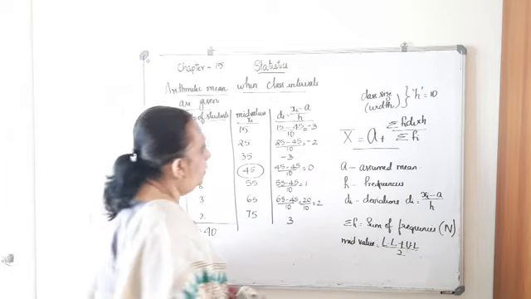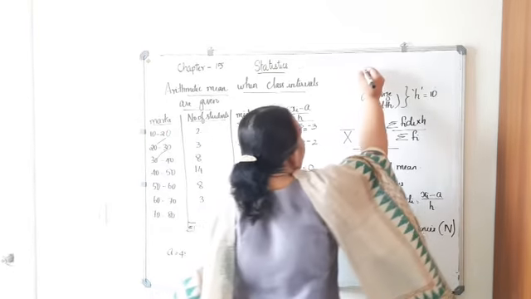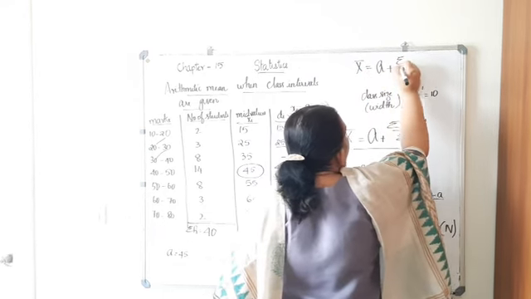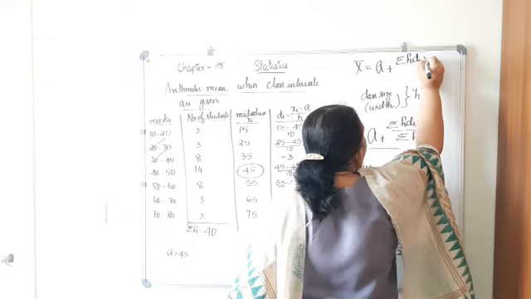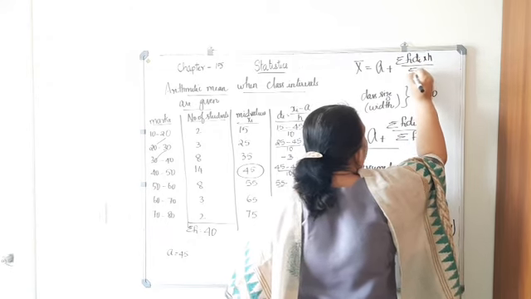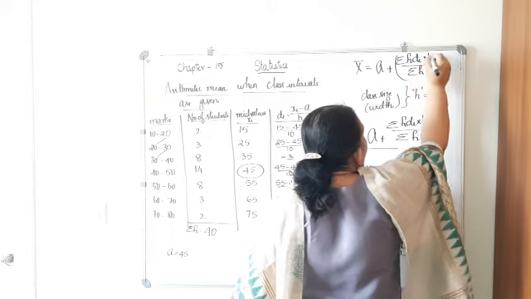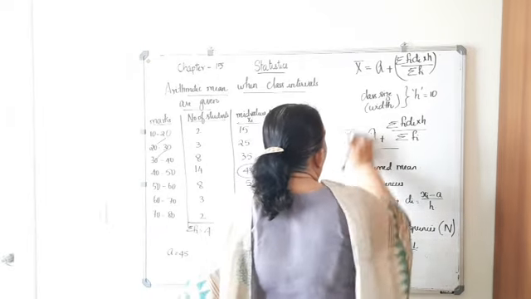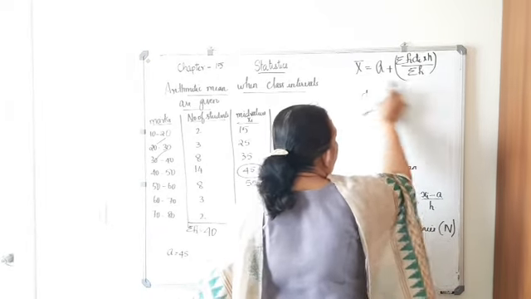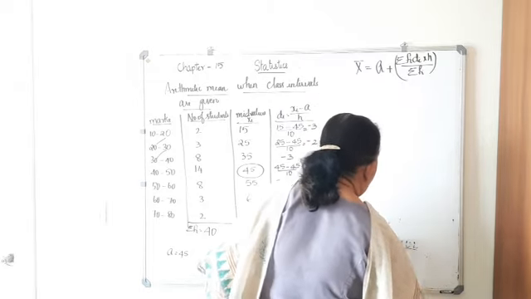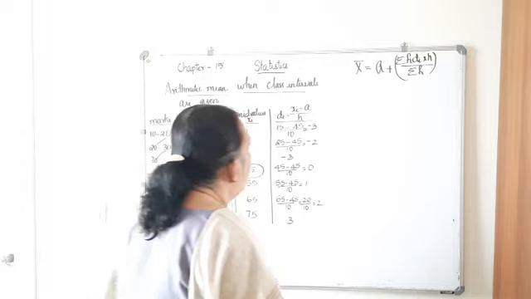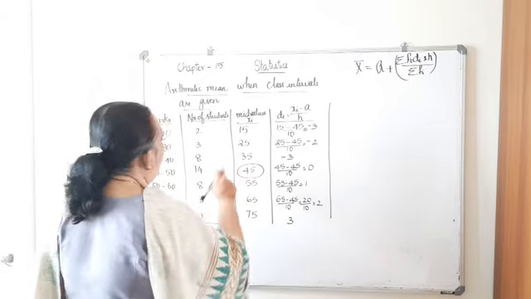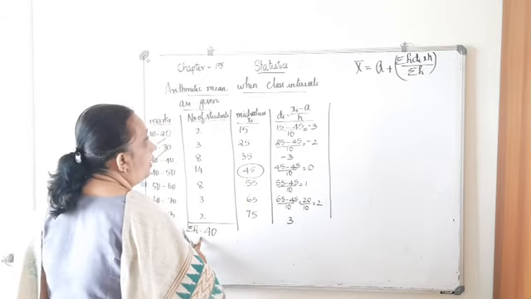Next you have to find out from the formula. I'll write the formula once again. X bar is equal to a plus sigma fi di into h divided by sigma fi. So first you have to calculate the terms in the bracket, and that value should be added along with a. I hope you have already written all the notes. Okay. Now, what about the next column? So, you have found out a, and sigma fi you have found out.